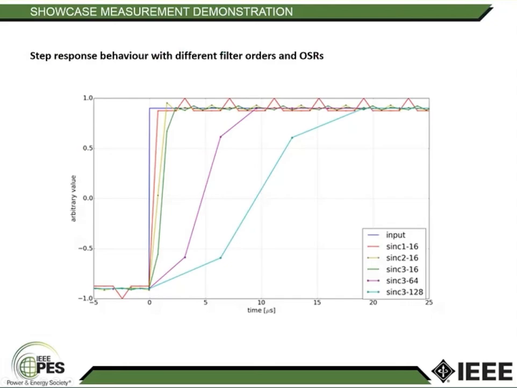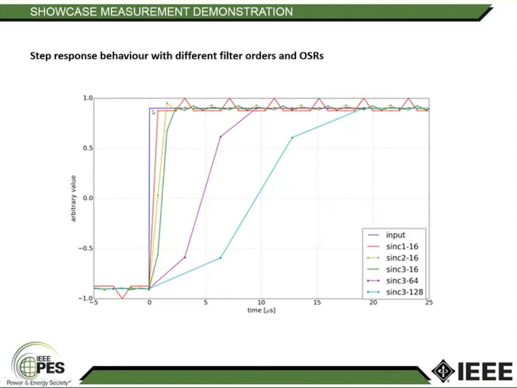Going to the next slide, as I mentioned before, we want to go a little bit more into detail about the characteristics if we change the filter topologies. So again, we look at a graph right here, which shows a rising edge current, the same rising edge that we saw before in the simulation. On the x-axis, again, we have our time in microseconds. On the y-axis, our arbitrary current value, and we basically plotted different filter settings here, different filter orders, and